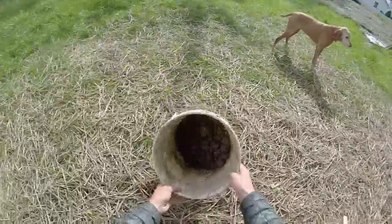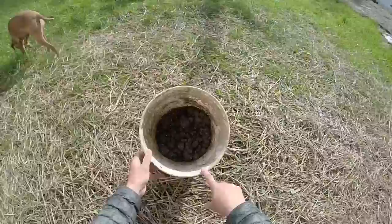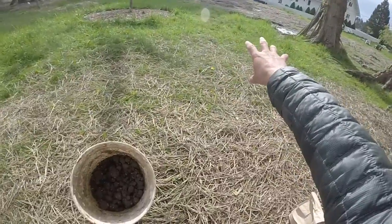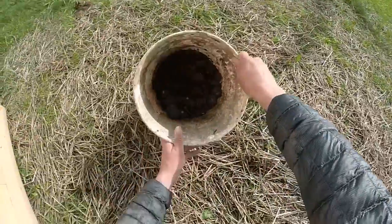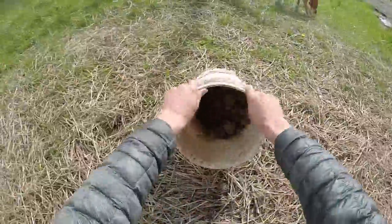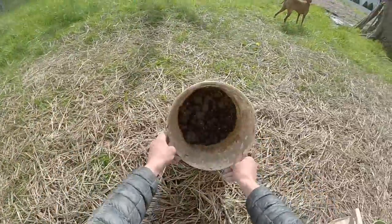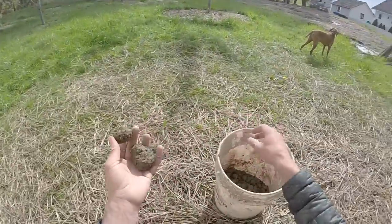Well, here's something I'm experimenting with. I've taken some compost, some blue clay from right out here, which is from the pond restoration project. I've mixed in a little bit of water and I've just been rotating it like so. The reason I'm doing this is it coats all of the seeds with a little bit of dirt, and it makes these nice little balls with daikon radish in them,